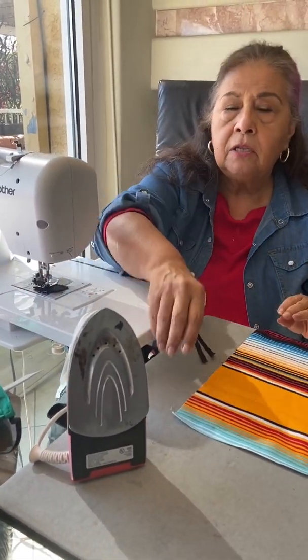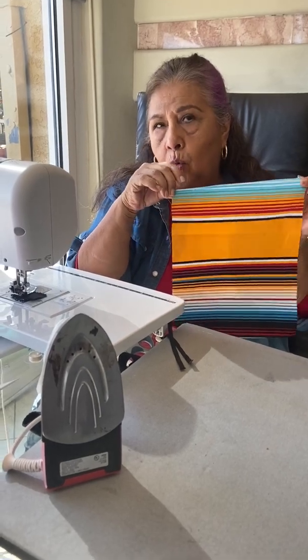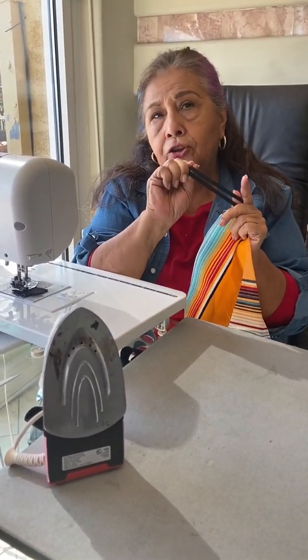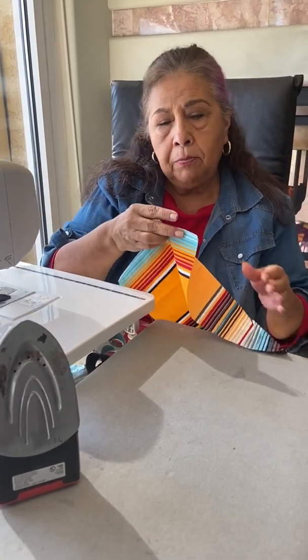So let's begin with the supplies that you're going to need. You need a piece of fabric that is cut 14 inches long by 9 inches wide. And you need 2 pieces of elastic that are 6.5 inches each. Those are the supplies. So the first step is to take and fold your fabric over